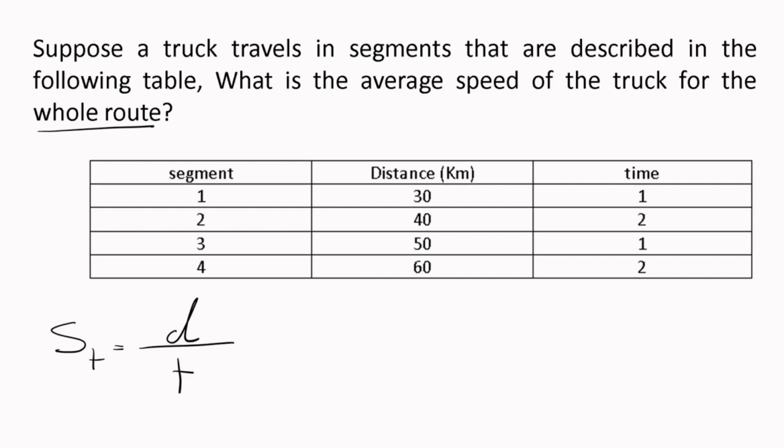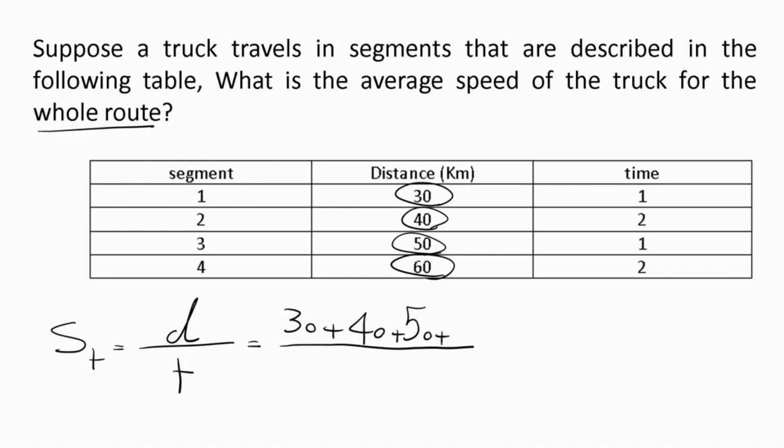Okay, but here our route contains 4 parts. Look, this is the distance of the first part, second part, third part, and last part. So I must add all of them: 30 plus 40 plus 50 plus 60. And here I have the time of each part based on hour. I must add all of them. So 1 plus 2 plus 1 plus 2. It's going to be